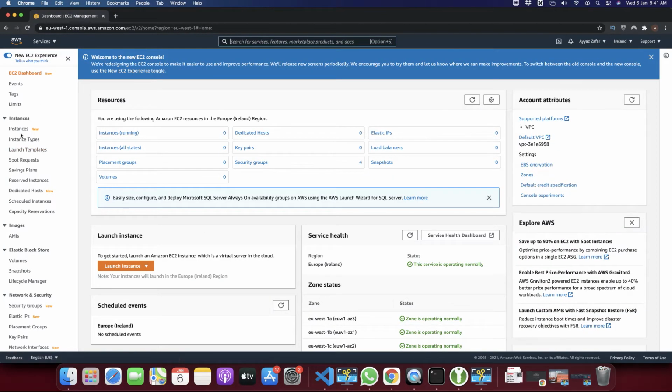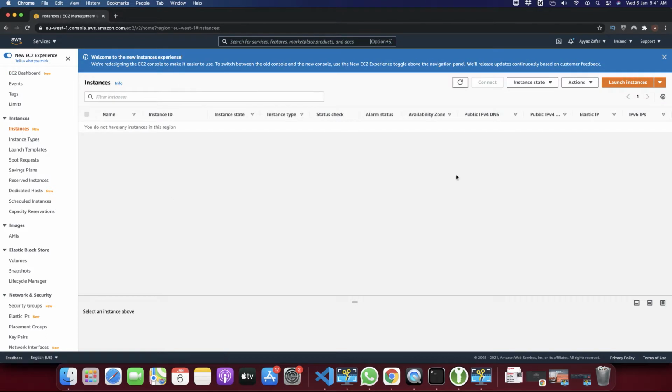And on this page, you can see all of the information about the instances, like how many instances are running right now. At this time, you can see we have 0 instances running. Let's go to the instances. And here you have to click on the launch instance,